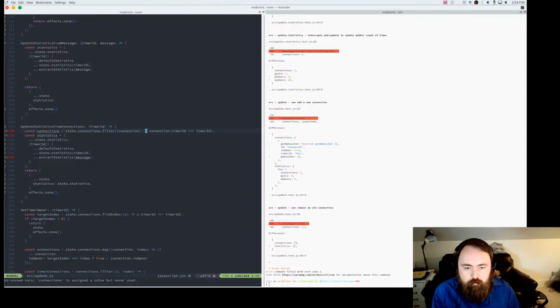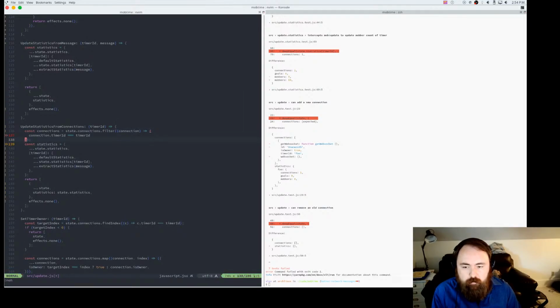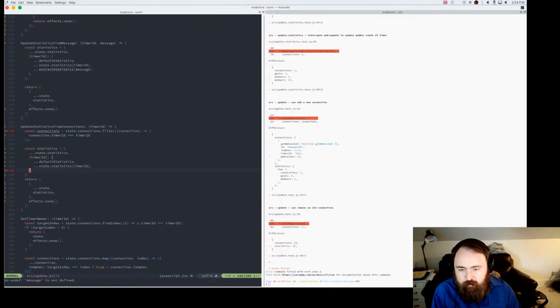That's a pretty long line though, so let's do that and that. And oof, yeah, we'll see what we're gonna do with that in a second. But this extract statistics, probably not the right thing anymore.